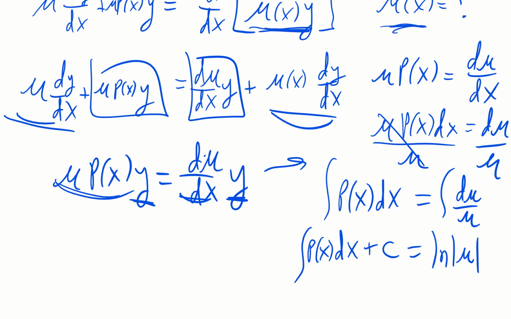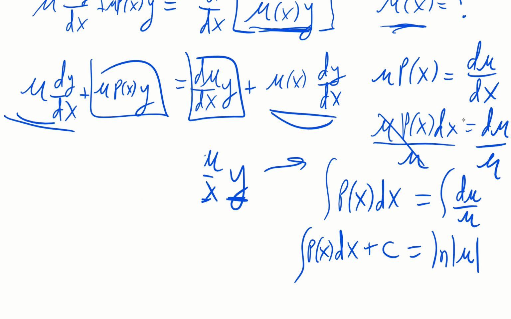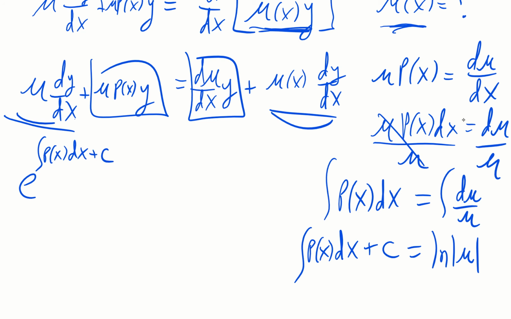We're trying to solve for this special function. The next step is to take e to both sides. It's going to be e to the ln of the absolute value of mu. The e and the ln cancel, so we get the absolute value of mu equals